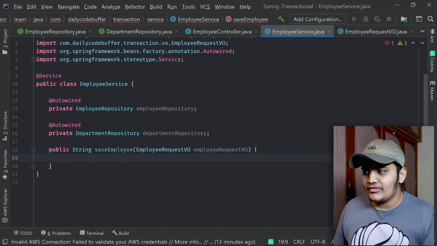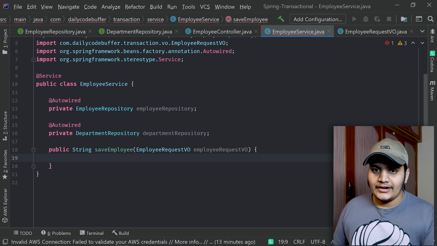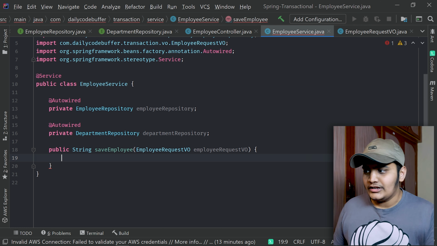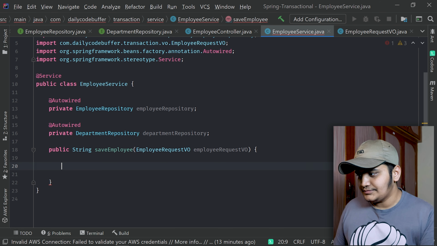From here we have to create the two objects, employee and department. We need to extract the information from the employee request VO, create the department, and save it in the department database. We will get the department ID from it, and we need to save the department ID in our employee table as well. So let's do that logic over here.